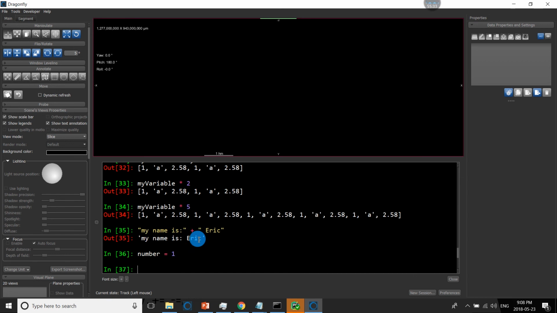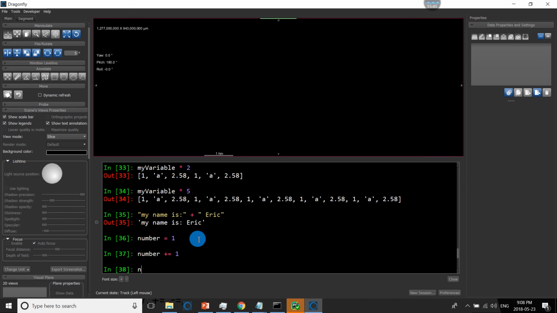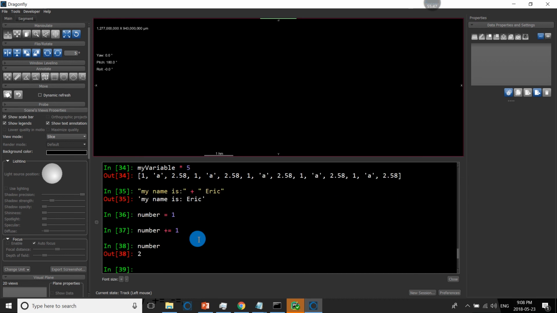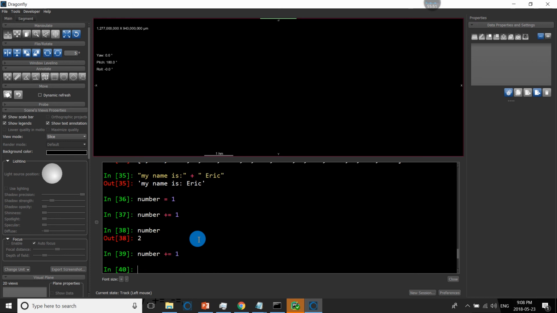So if I have a number equal to 1, if I want to increase it by 1, I can do plus equal 1, and now number is equal to 2. So I can do number plus equal 1 again, and what this will do is take the current number and just add 1 to it.